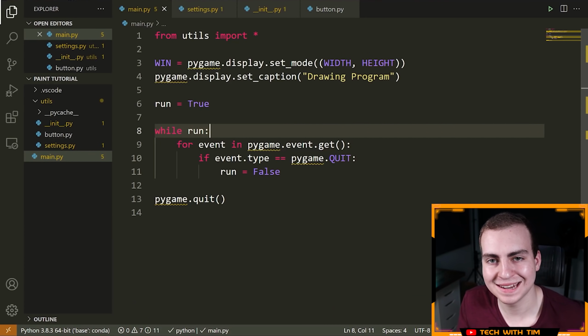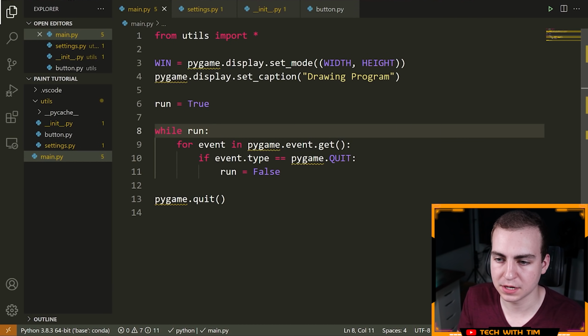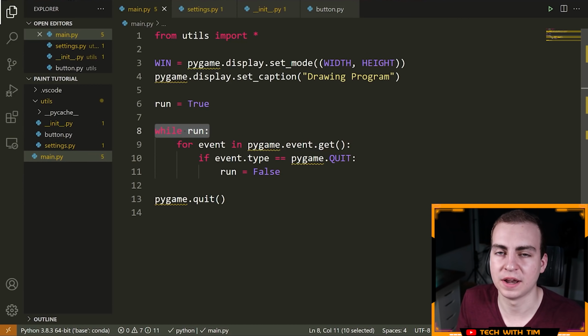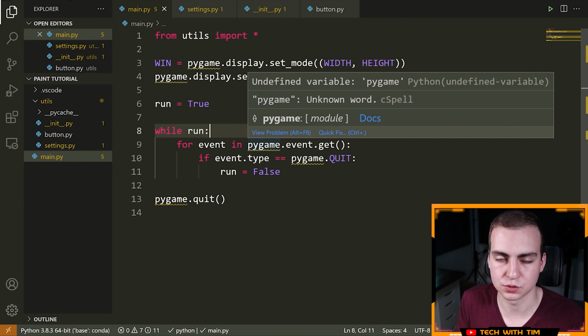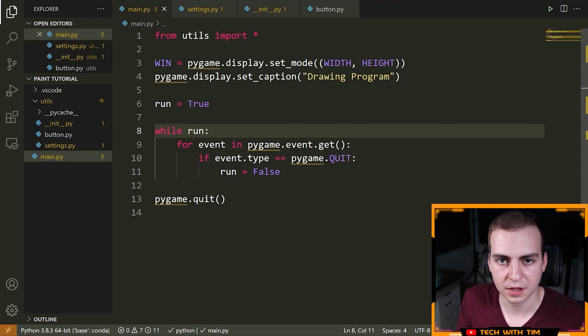All right, so the next thing that I'm going to do here is I'm going to set the speed of my event loop. So right now, at this current point in time, this while loop is going to run as fast as it possibly can. So if you have a really fast computer, your drawing program is going to run faster than someone on a very slow computer, because we're not limiting how quickly this loop is running. We're just saying run as fast as you can, just like any other while loop would run. If you run a while loop that counts up to 1,000,000 on a slow computer and you run on a fast computer, the one on the fast computer obviously is going to happen faster, right?